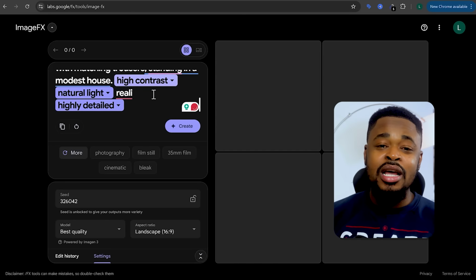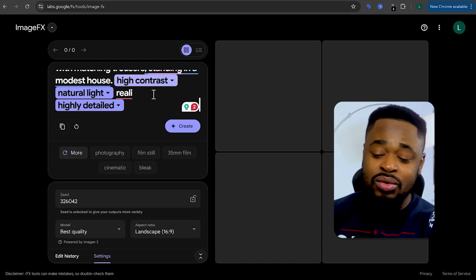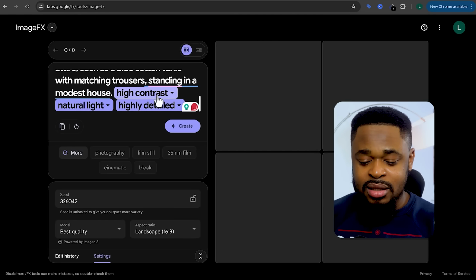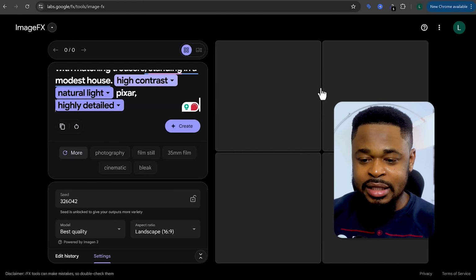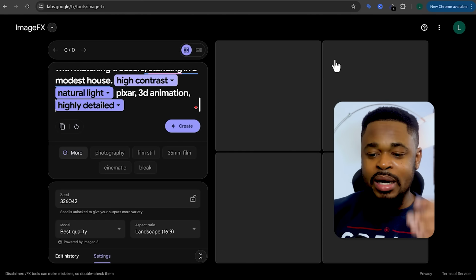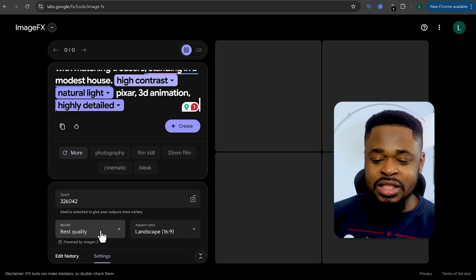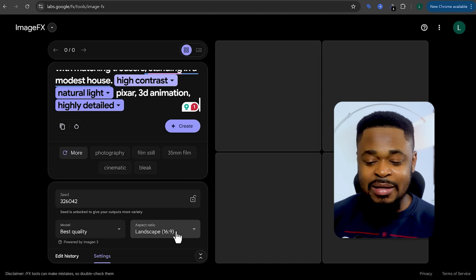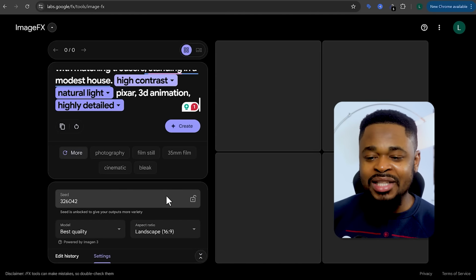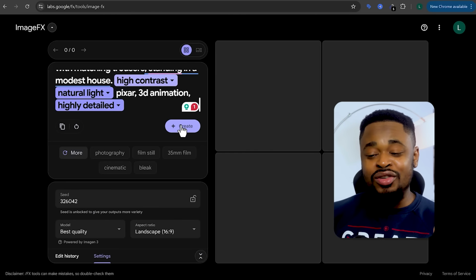If you want to generate a realistic image that looks like a real human being, you add "realistic" so that the AI would know that. We are going to add Pixar, comma, and then we'll add 3D animation, all right? Then comma. So once you've done that, the next thing you're going to do is to click on this model, make sure it's best quality, and then you change it to YouTube mode, which is 16:9 landscape. Once you've done that, you click on create, and then you're going to have a 3D animation that looks like